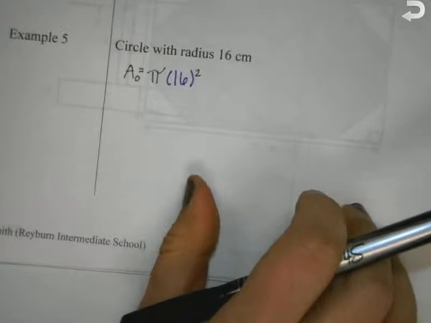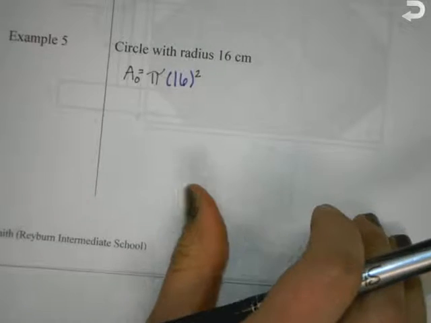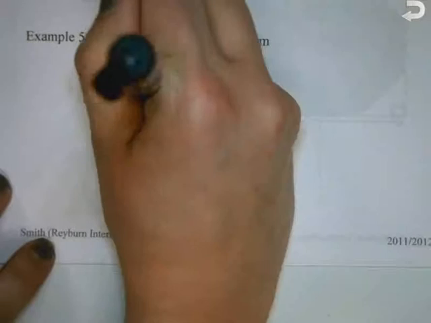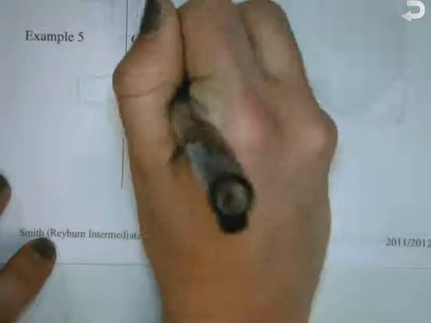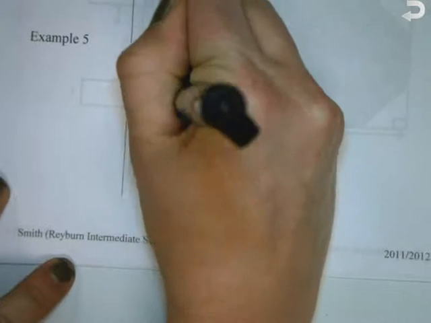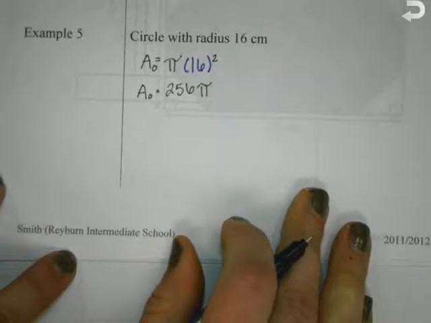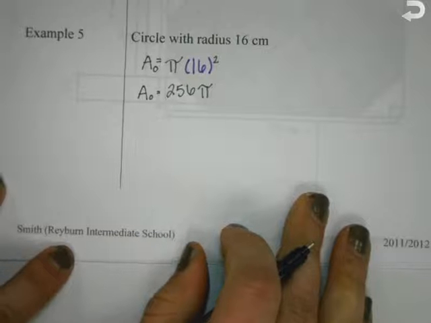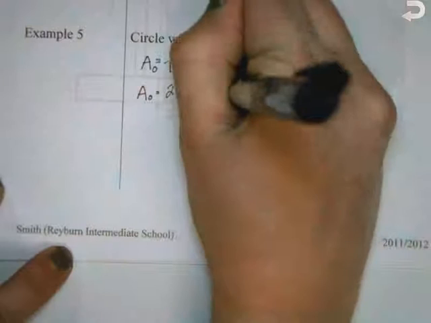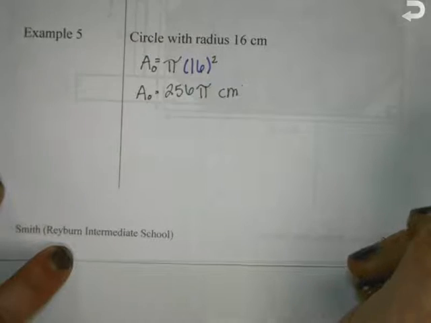So that's your first answer. 256 pi centimeters squared. Second answer, we have to actually plug in 3.14 for pi. And we need to multiply those two things together. So 3.14 times